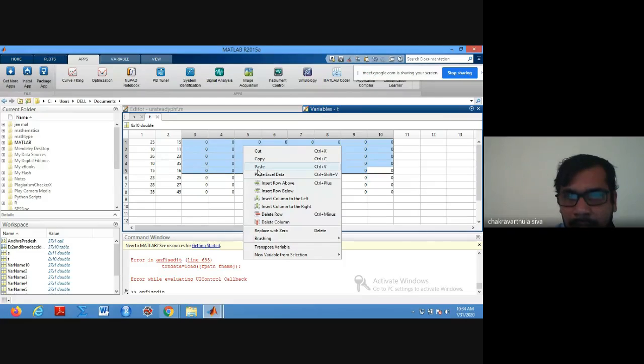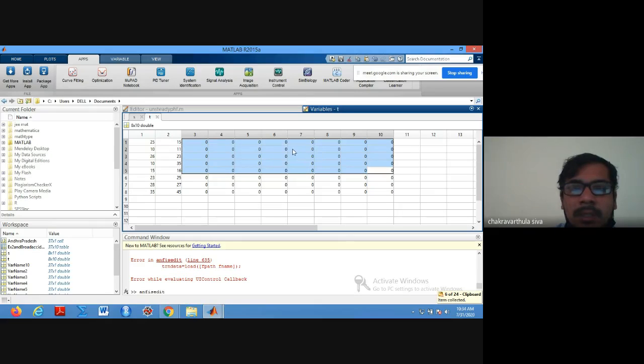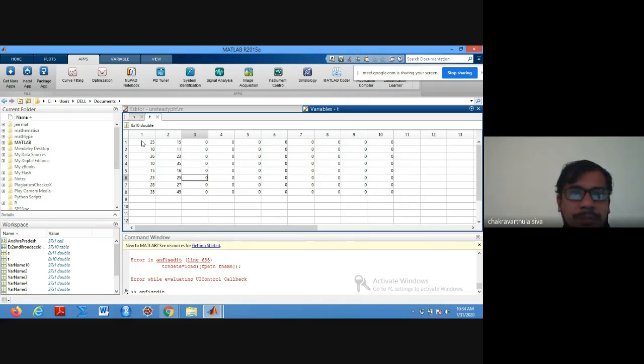Delete row, delete data option is there. So here cut. These values will be cut. Then I'm going to take data. Otherwise we can do the same variable with another name. You can copy and paste in a new file.